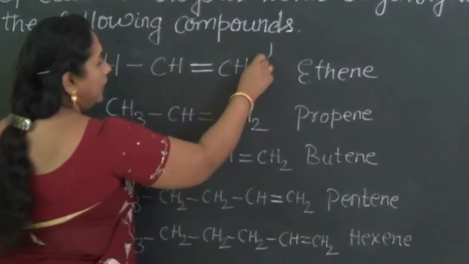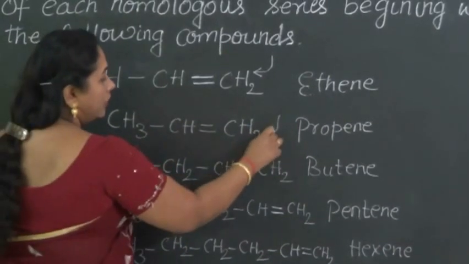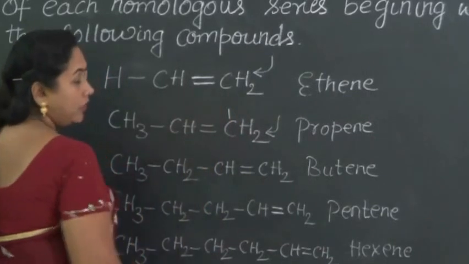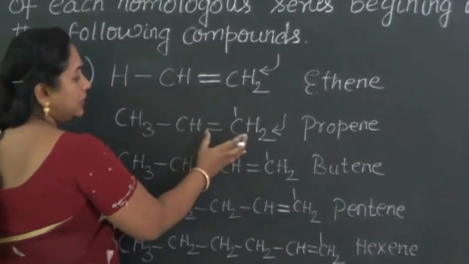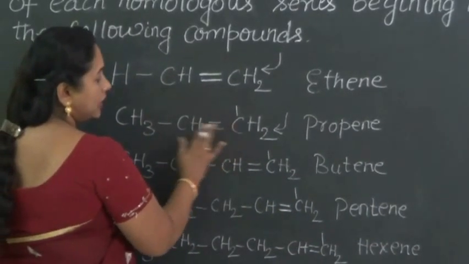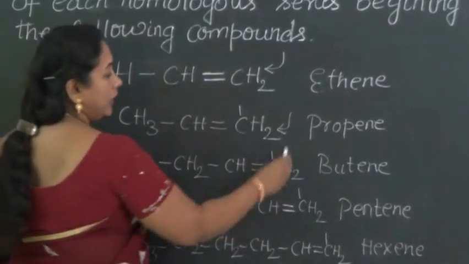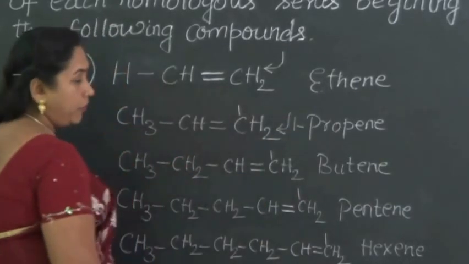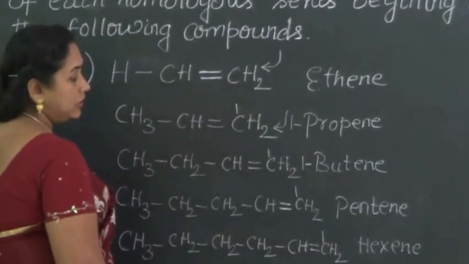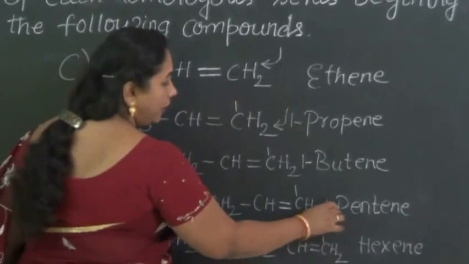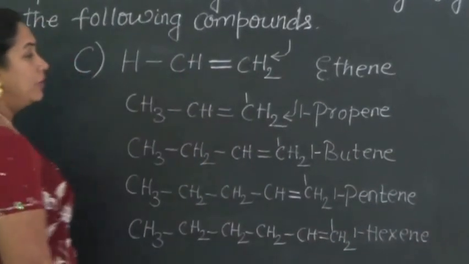And invariably all of these compounds have to be named from our right. So when we do that, the locant to be given for these carbon atoms in all of the cases would be 1, because there is a double bond between the first and the second carbon atom. Whether we write the locant as 1 propene or simply propene, it means the same. Similarly, in this case also, 1 butene or simply butene can be written, 1 pentene or simply pentene, and 1 hexene or simply hexene can be written.